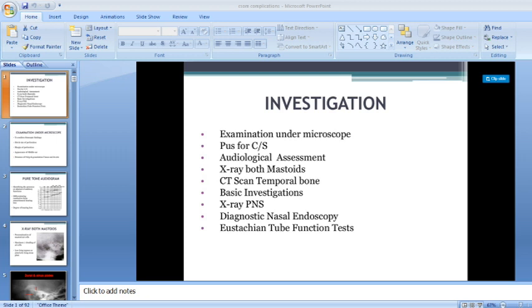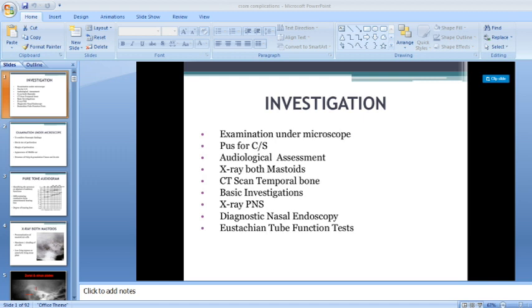So first, when you are asked how to manage a case of CSOM, whenever you are asked management, you have to imagine a patient who has come to you, right from examining, investigating, and then treating the patient, which will include conservative management and surgical. So the end point of his treatment, that whole thing covers managing a patient.